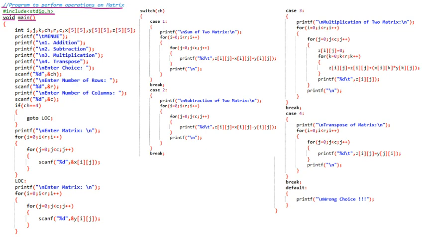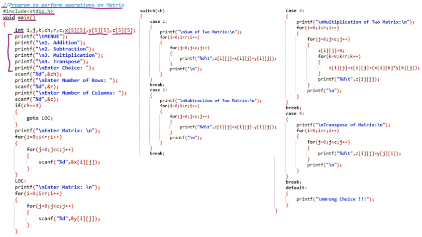Afterward, we have declared many integer type variables. Out of that, we have x[5][5], which means x is a 2D array, y[5][5], y is a 2D array, and z[5][5], z is a 2D array. So there are three 2D arrays, or we can say matrices. Now to the user, we are printing a menu. This is the menu which we are going to present to the user. All these lines will be displayed on the user screen.